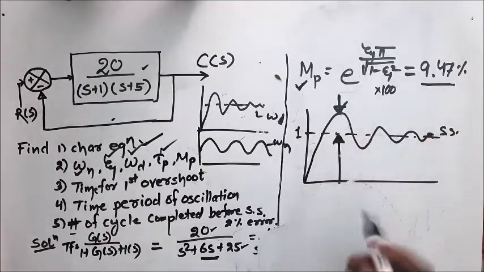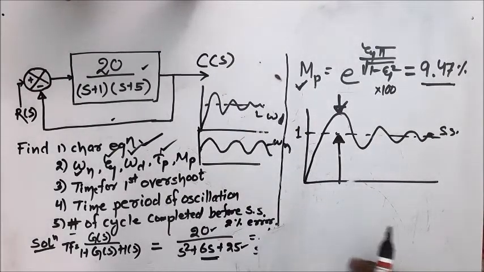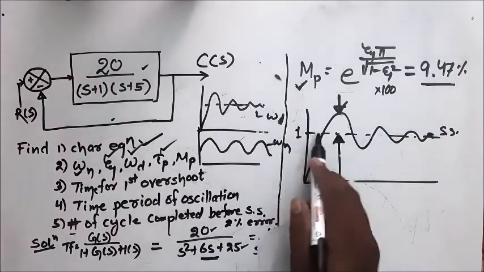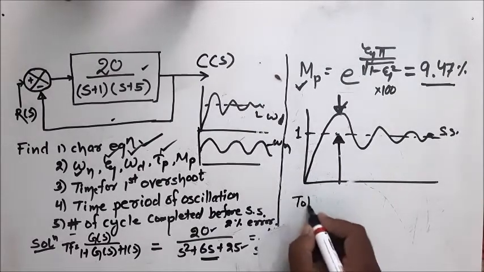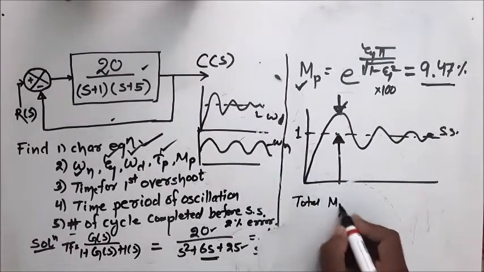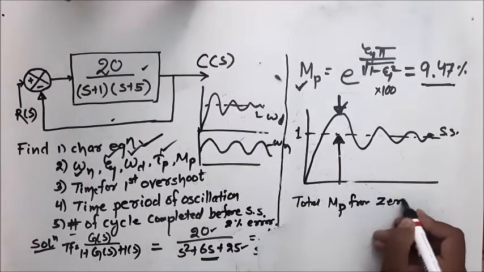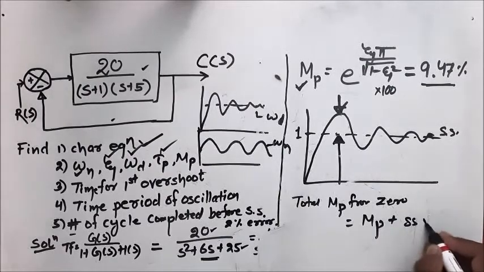So if they ask what is the maximum value of the peak from the bottom, or from 0, then you have to add this to 1, the steady state value. So the total Mp from 0